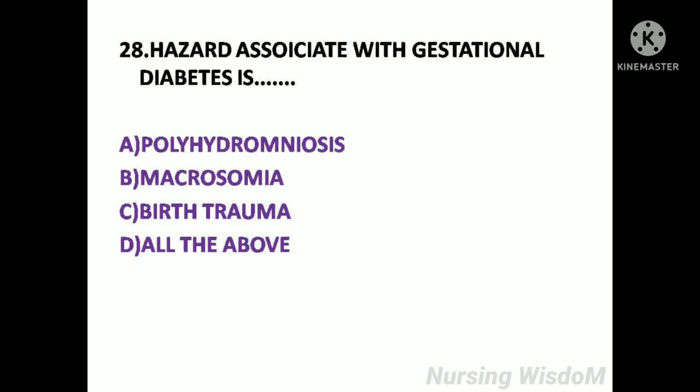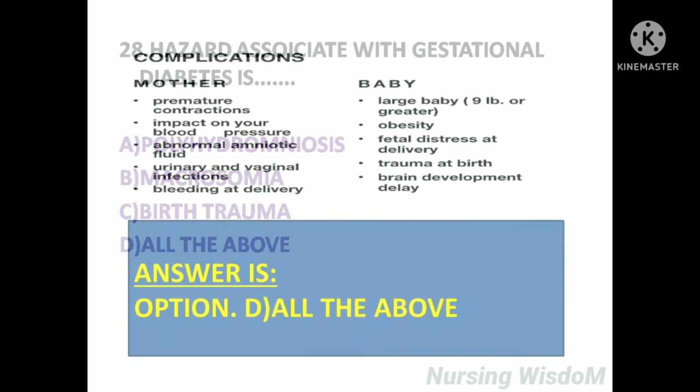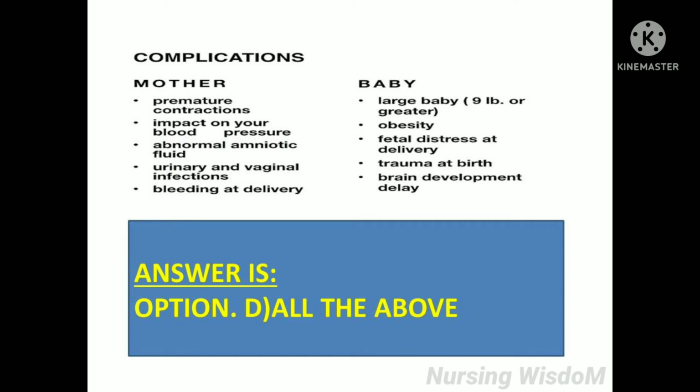Next question. Hazard associated with gestational diabetes is option A polyhydramnios, option B macrosomia, option C birth trauma, option D all the above. Complications to mother: premature contractions, impact on your blood pressure, abnormal amniotic fluid, urinary and vaginal infections, bleeding at delivery. For baby: large baby, obesity, fetal distress at delivery, trauma at birth, brain development delay. So here the answer is option D,